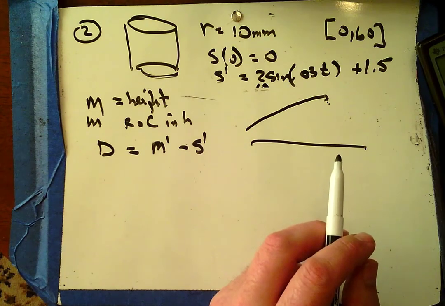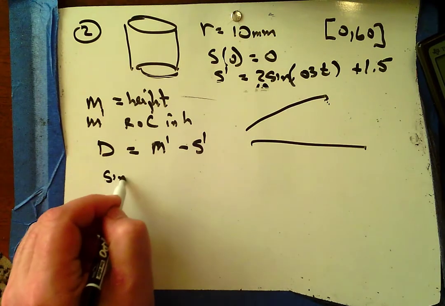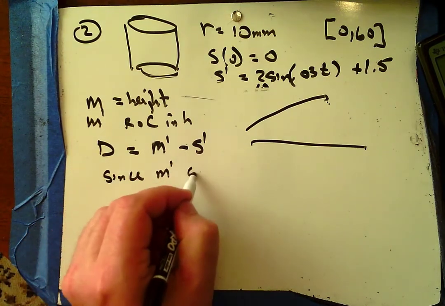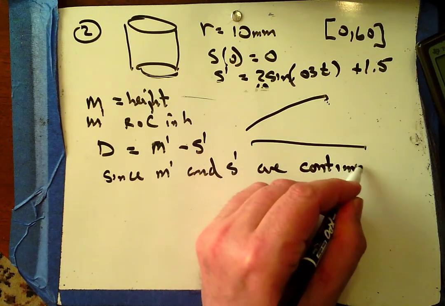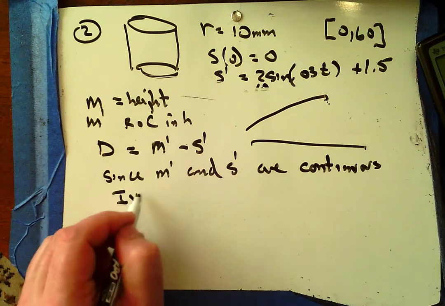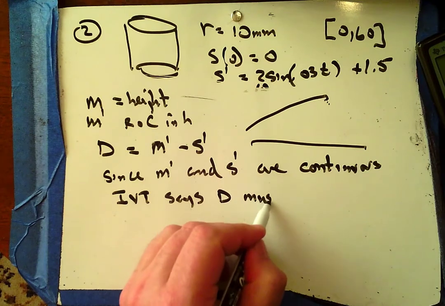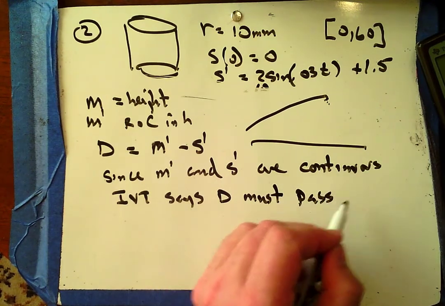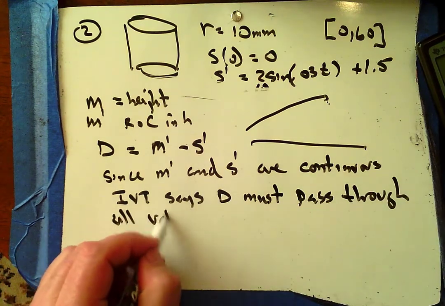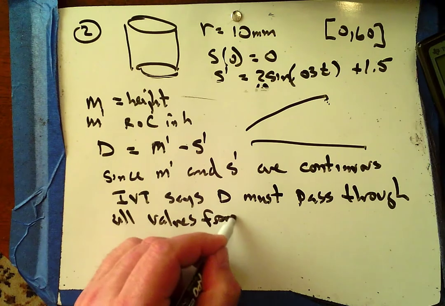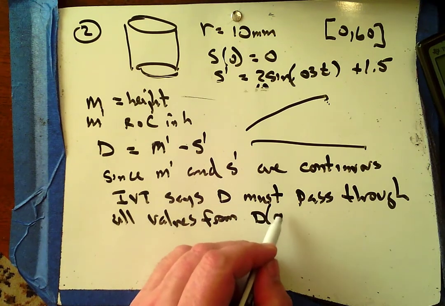Apply the intermediate value theorem to D. Okay, well, since m prime and s prime are continuous, IVT says D must pass through all values from D of 0